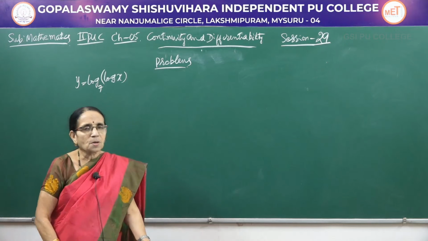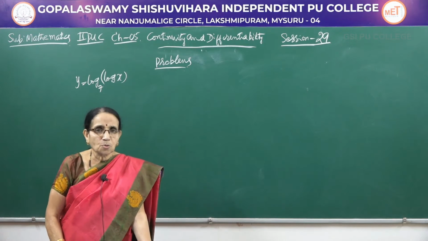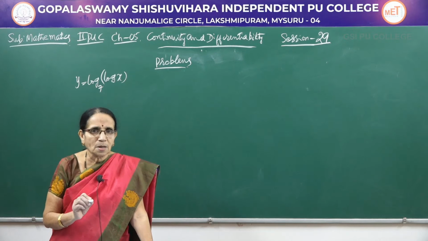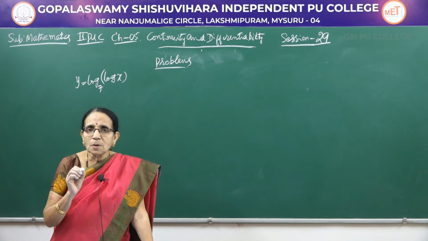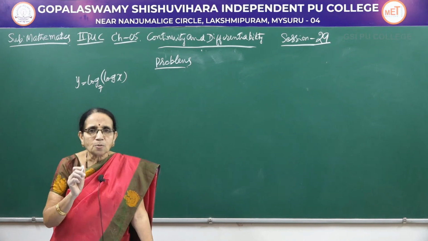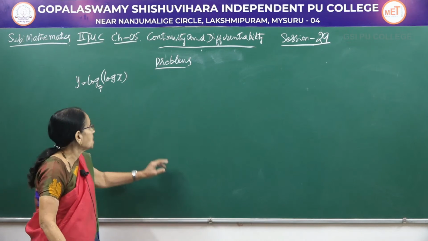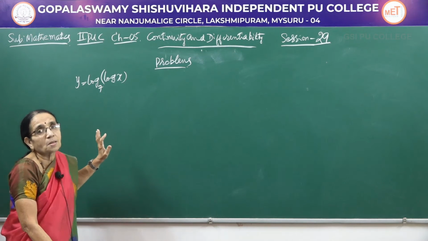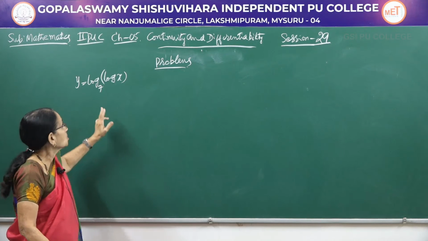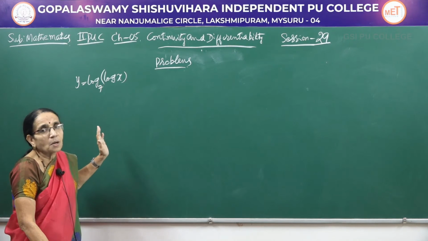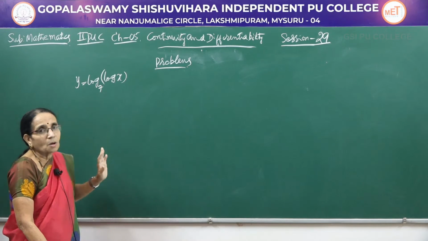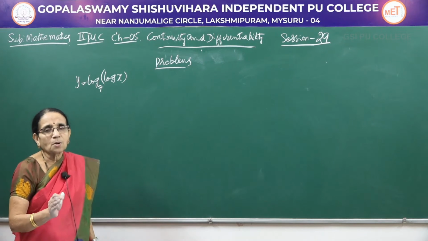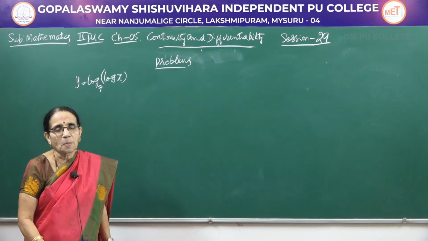But I had told you when I was discussing about the logarithmic function whose derivative I calculated, the formula for log x is 1 by x only when the base is e, which is the exponential constant. You observe here, if nothing is written means it is e only. Here I have written some other number, 7. So the log of log x I cannot write 1 by log x here because the base is not the exponential base.